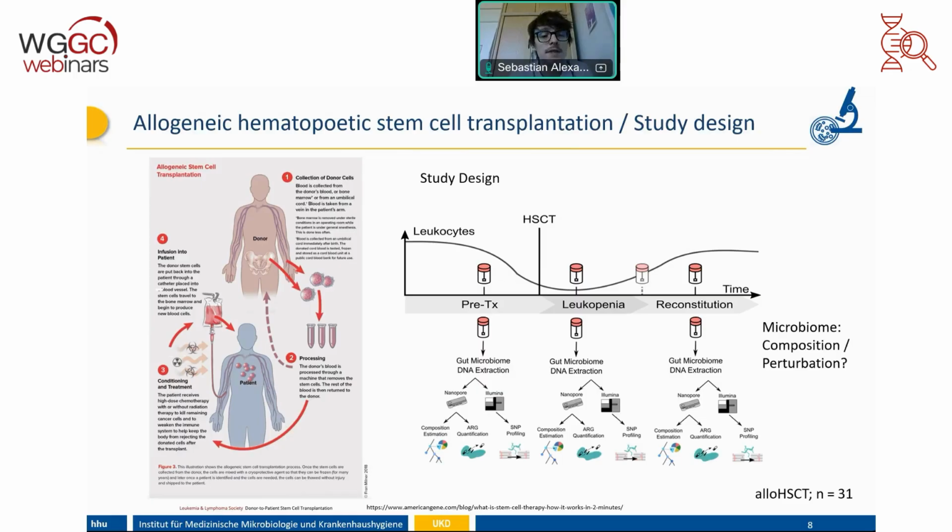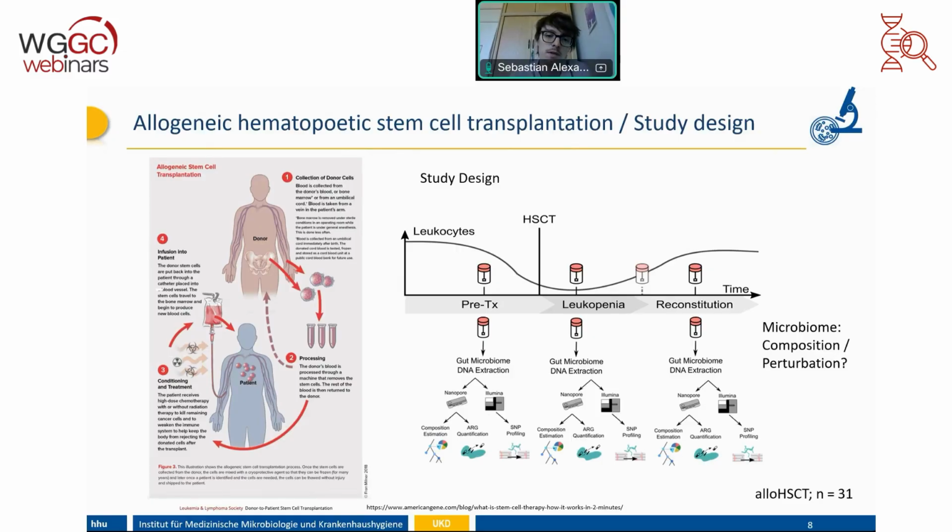Blood stem cells are collected, and then the unhealthy stem cells of the patients are treated with a high dose of very aggressive chemotherapy, and they are destroyed, and the healthy donor cells are then transfused to the patients to build up a new stem cell and new immune